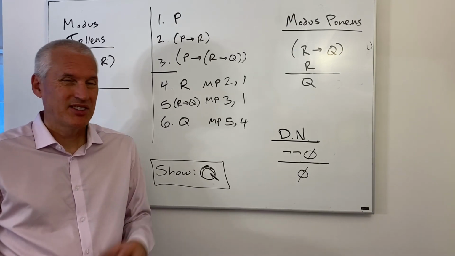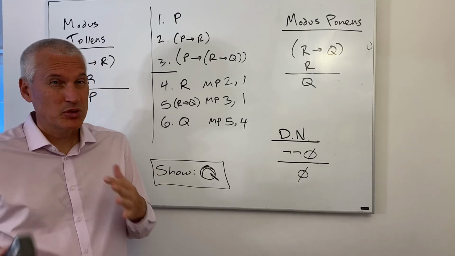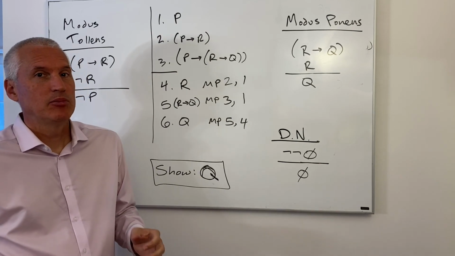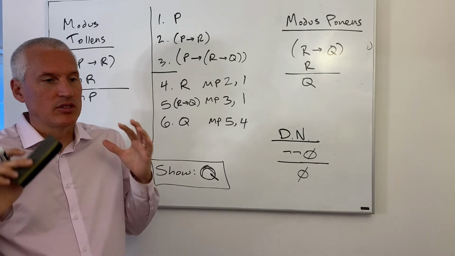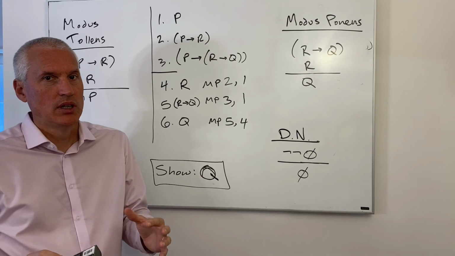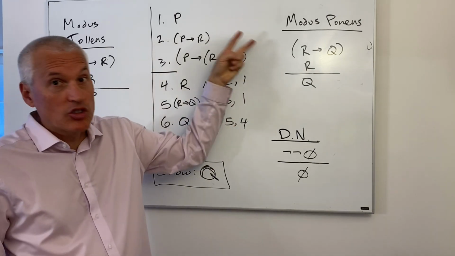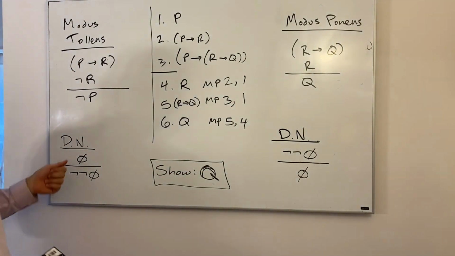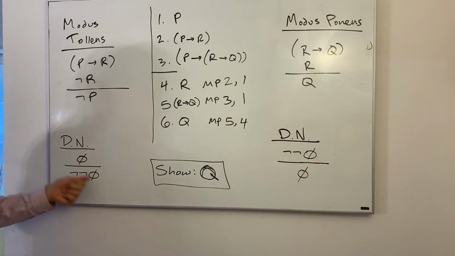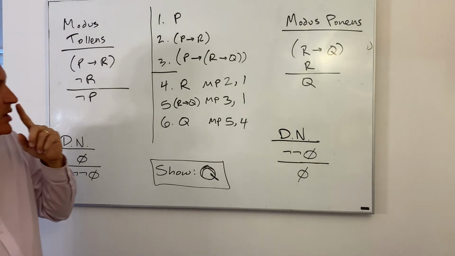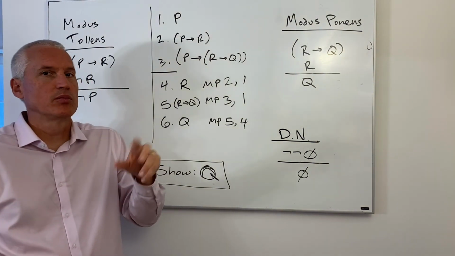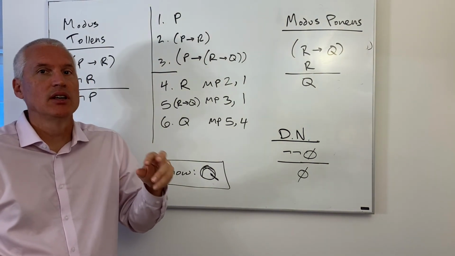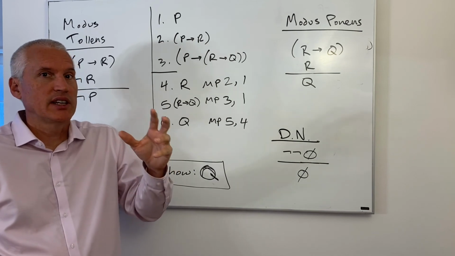And as I say, there was a lot of sort of weird use of rules, but really the rules force us to just do exactly one thing, each rule. Modus ponens takes 2 lines, never 3, never 1. It spits out 1 line, right? Double negation takes 1 line, never 2, never 3, spits out 1 line. And we're finding those instances of modus ponens or double negation or modus tollens, or later simplification and adjunction that